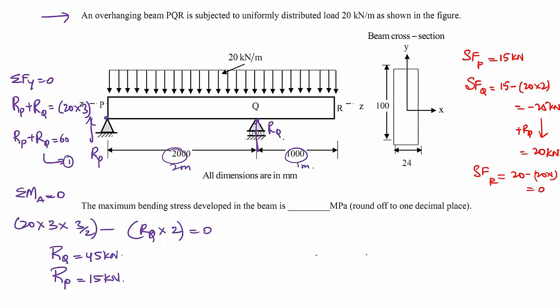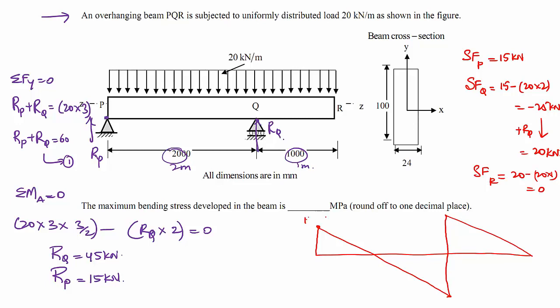So the shear force for the uniformly distributed load at P will be 15 and at Q it will be 25, and it will suddenly change to 20 and then decrease to 0. Right. Now here I need to calculate where the shear force is reducing to 0. That distance: this is 15, this will be 25 and this is 20. This is 1 meter, this is say x, this will be 2 minus x.